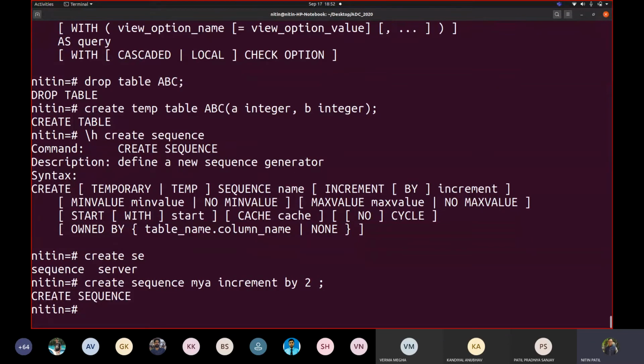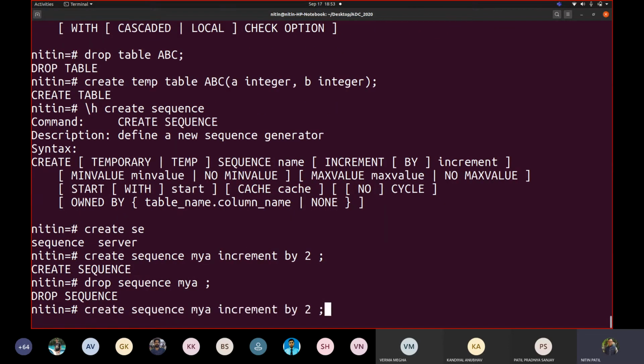sorry, we forgot to write one thing. I will drop this sequence and create it one more time, myA. Now we want this to be owned by a table, owned by, now what is the table name? We have ABC and the column name is A. Let us write this.